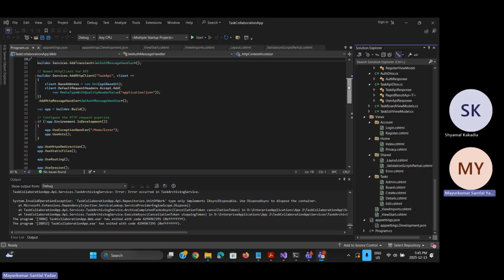That's our final project. So today we are presenting our task collaboration system developed as a part of the Enterprise Applications Development course, the end project. This project is designed as an enterprise-grade task management system inspired by tools like Jira, which was mentioned in the project PDF. The primary objective was to apply the